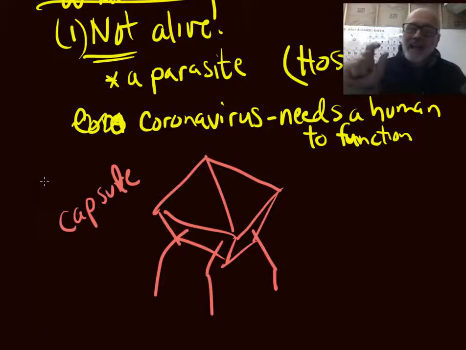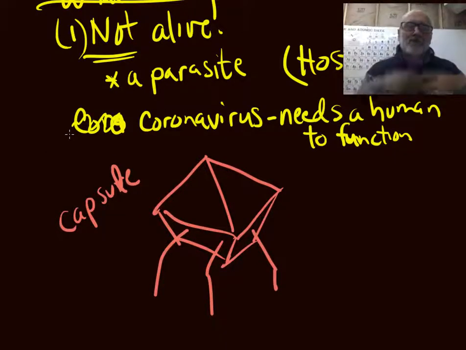Capsule. You've taken medicine before. Medicine is usually in a capsule, which looks like a piece of plastic, but it's not. It's something that goes in your body, and a capsule is something that carries something. So you put the pill in your mouth, you swallow it, the capsule breaks open, releases the medicine, you get better, right? So viruses have a capsule, something covering them and protecting them.